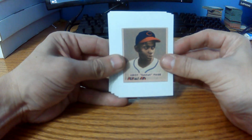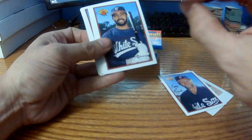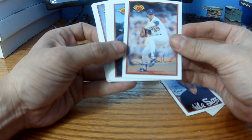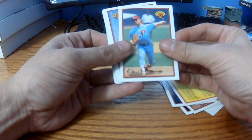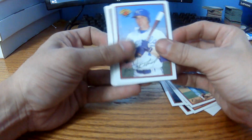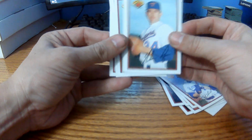And we start off with a Satchel Paige reprint card. Jerry Royce. Jay Bell, or Tim Belcher. I knew that wasn't Jay Bell. Harold Baines, the dreaded checklist, Don Carman, Kurt Stillwell, the man, the legend, the myth, Nolan Ryan,